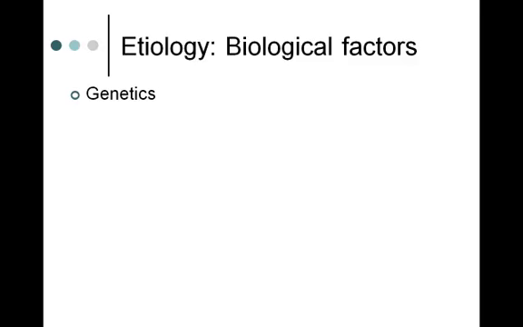So monozygotic twins, identical twins, if one twin has schizophrenia, about half the time the other twin will also have schizophrenia. Which is probably the highest concordance rate of any of the mental disorders we'll talk about. So schizophrenia has the strongest evidence of genetic influence. Obviously, it can't be the whole story, otherwise we'd have a 100% concordance rate. But it is a big part of the story, and the degree of relatedness is related to level of risk